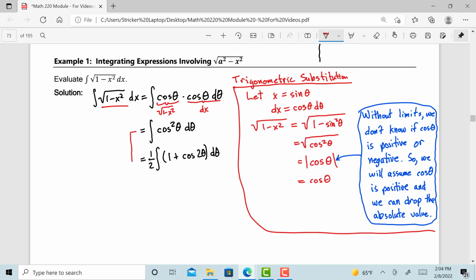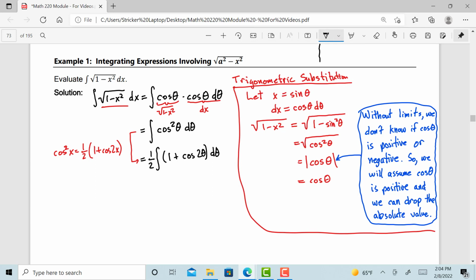Let's go ahead and write that identity over here on the side. Right, so that's the identity we're going to use,